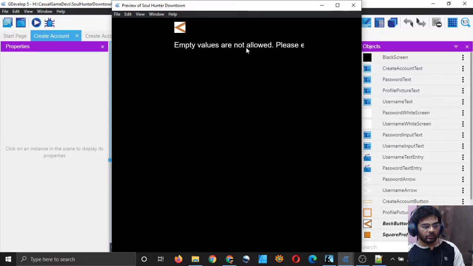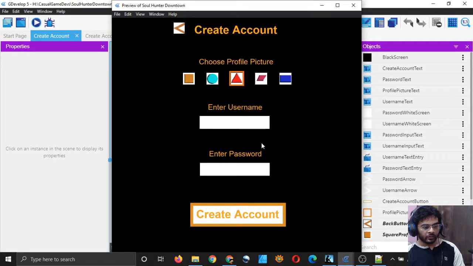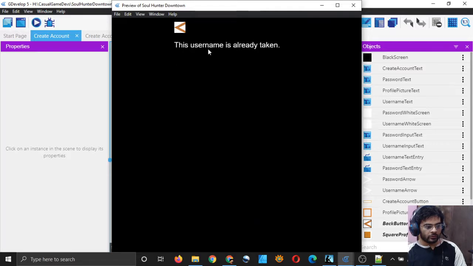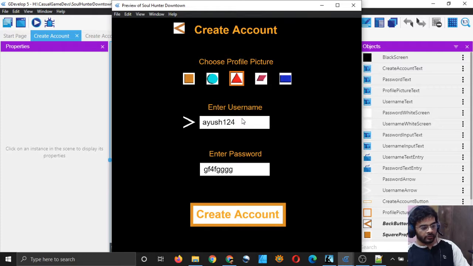Empty values are not allowed. Okay, and everything is not visible and I cannot click on anything. So that's good. I will click on back button and see if it is working or not. So it is working. And now I will put the same value which I did last time. It should show me that this username already exists. So this username is already taken. So that's good. And I will change the username and now it will create the account.